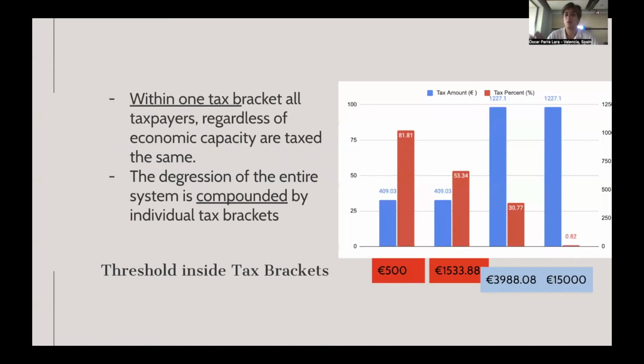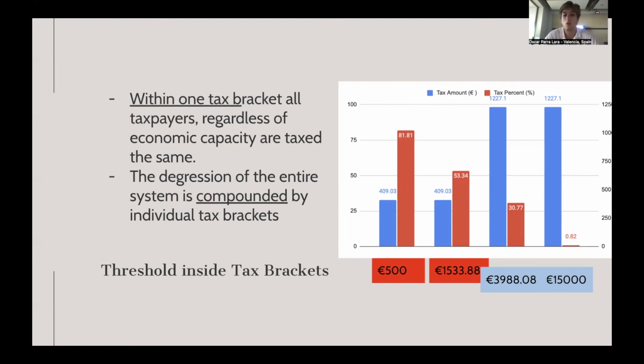And then lastly, and the one that's seen the most and it's compounded, is if we look at the maximum and the minimums. Inside the minimum, I selected 500 because that's what the courts thought was reasonable for a secondary residence monthly rent. And if we look at the tax amount, it's 409. Compare that to the highest in the same tax bracket, it would be 1,533. But look at the tax percentage. Inside the same tax bracket, there's almost a 30% difference in the tax percentage based on your rent to tax amount.